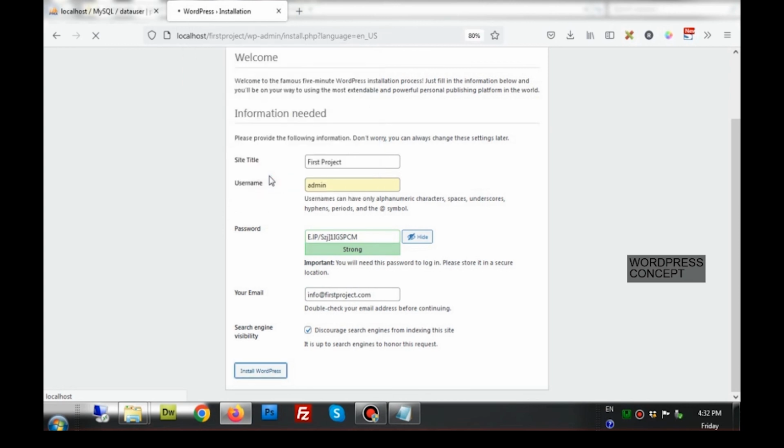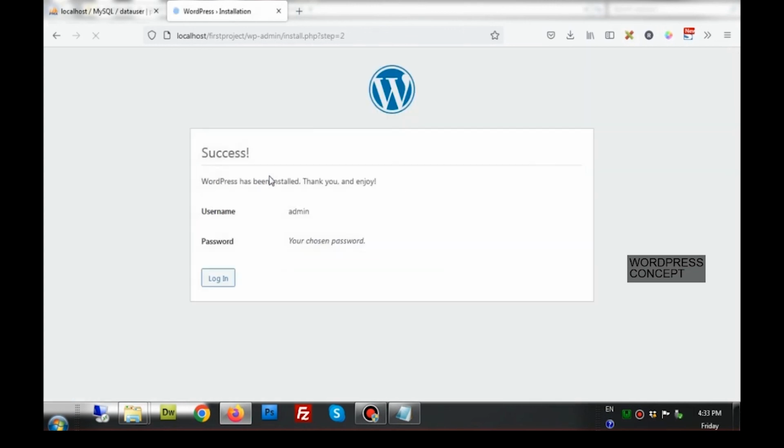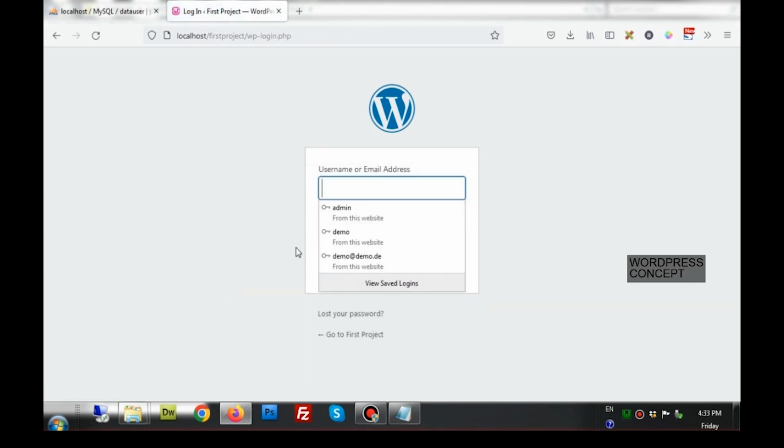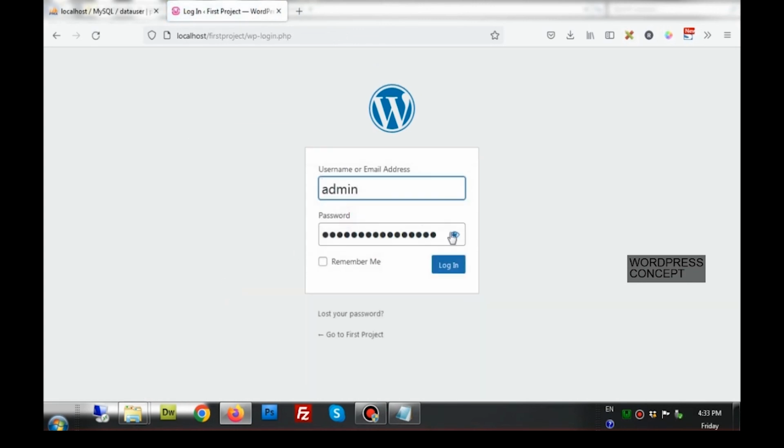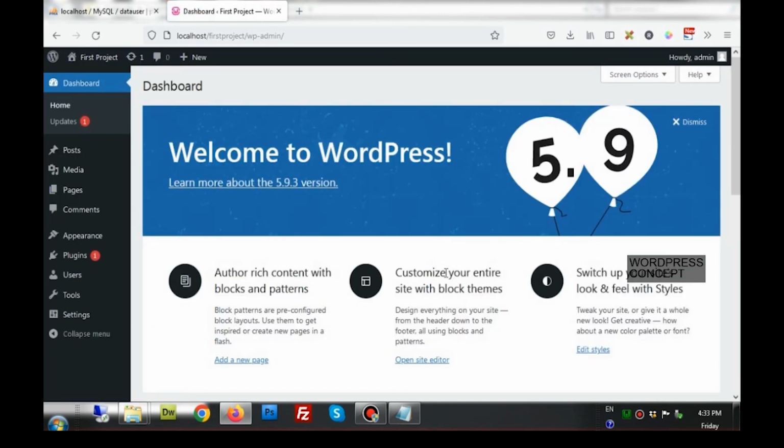Update and store the password at the same time. And log in. The username is admin and the password is this one. It brought us to the login page. Now this is the username that we have recently created, and this is the password, and I am clicking on login. And here we are. Now the site has been created for us,